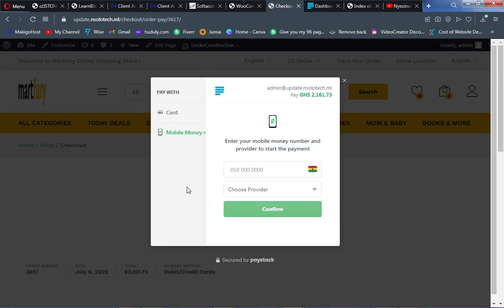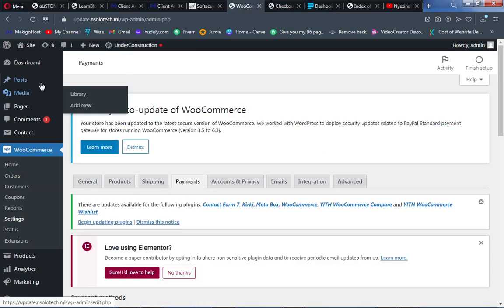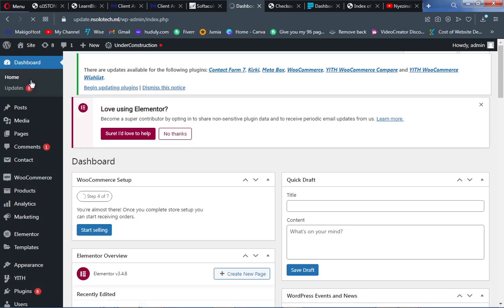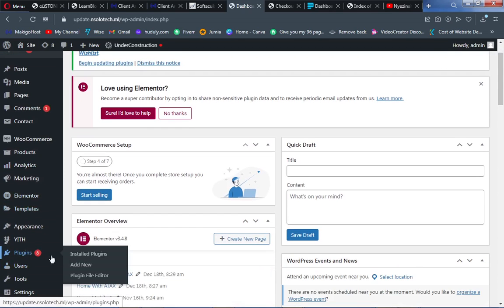Alright, let's now go and do the technical stuff, and that's where I'm going to be teaching you how to integrate it. So I'd like you to go back to your WordPress website and then go to your dashboard. Okay, so after you land on your dashboard, just like this, I would want you to proceed to install a plugin. So you go to plugins, add new,